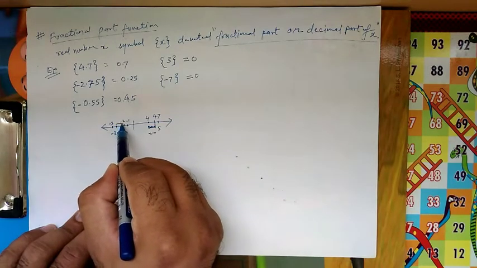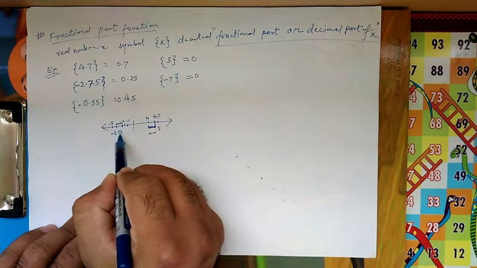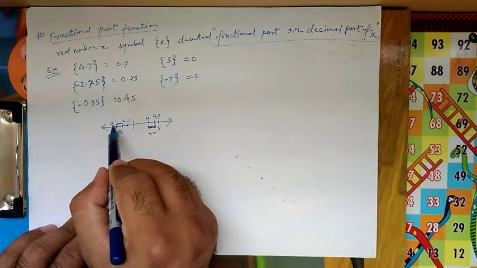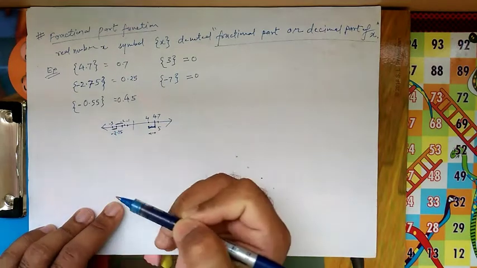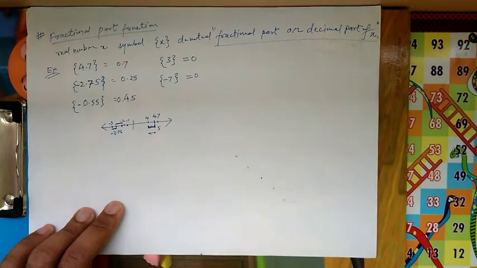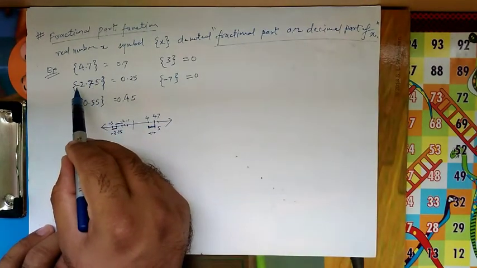So the value from here to here is 0.75. But we have to consider only this part, and this part is 0.25. So we need to understand in fractional part, if negative sign is there,